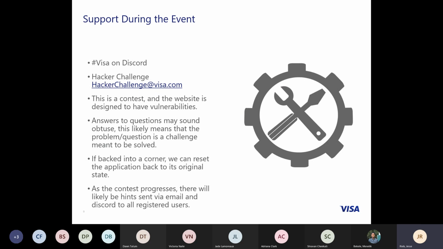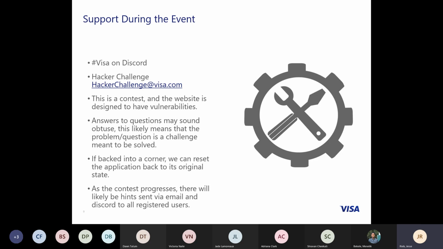So this is a contest. The web application that you are going to be testing is designed to be vulnerable. It has things that are essentially deliberately broken, and some things that function in a funny way, and that's intended. So there's a good chance that if you think something's broken, it is, and that's the way it's supposed to be, not something that's really not functioning. If you reach out to me, I can maybe confirm that everything looks okay. I can